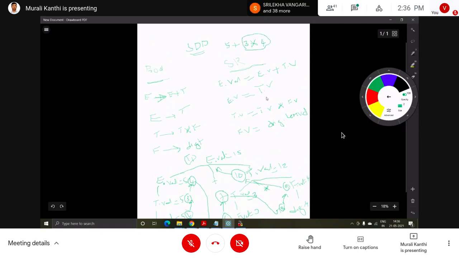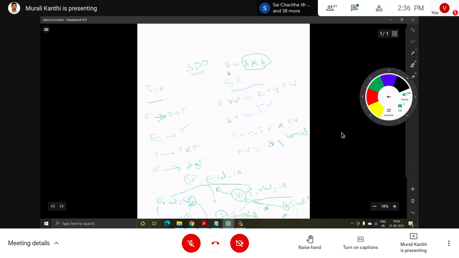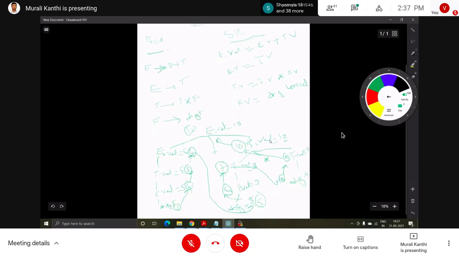So 3 into 5 is performed here. Okay, now 5 is taken, obviously no problem. Before that, the first thing is 3 into 4. So 3 into 4, that is 12. That result plus this 5. 12 plus 5. Which one here? 5 plus 12, sorry. Okay, 17.